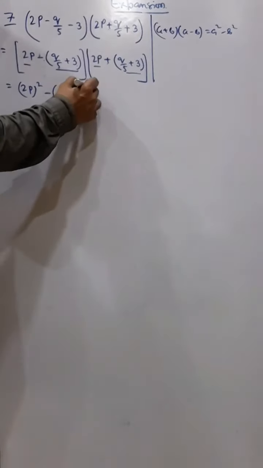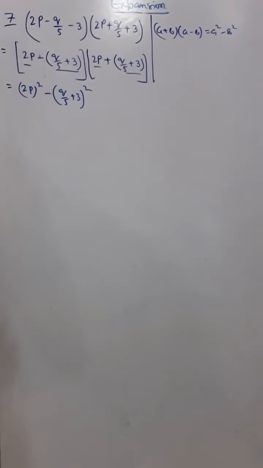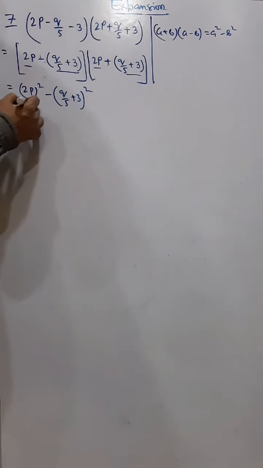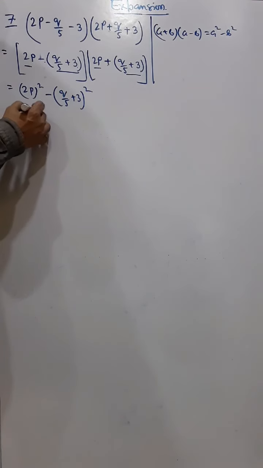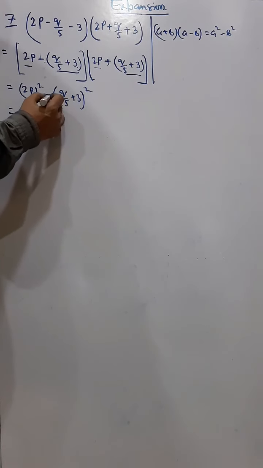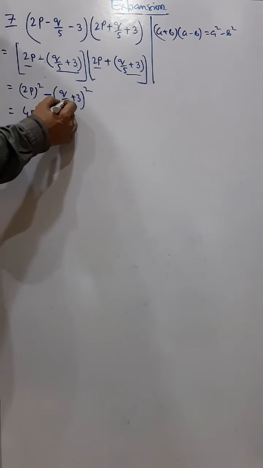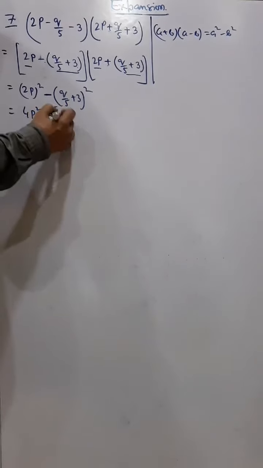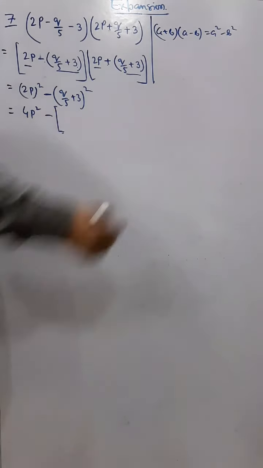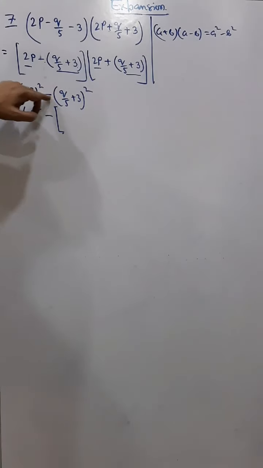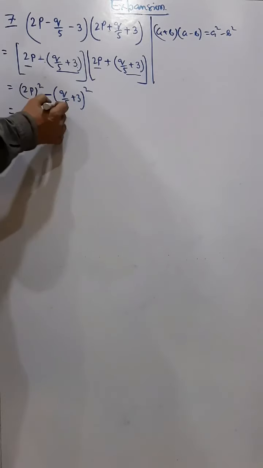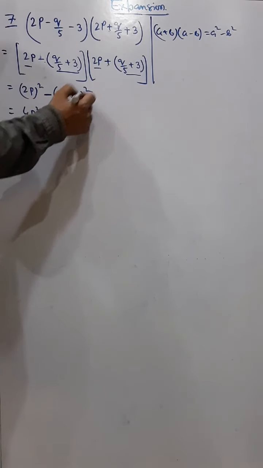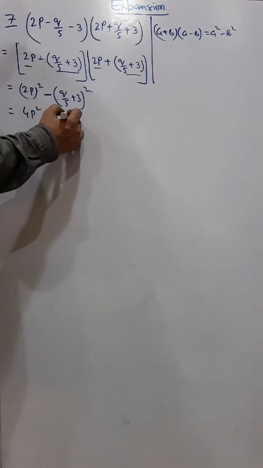So finally what we got? We got again a square and then q by 5 plus 3 and then whole square, a square minus b square, and then we'll simplify. So this one becomes 4p square, and again since here it is minus, you solve this one inside bracket, otherwise you will forget to change the sign. So don't remove this bracket, it is whole square, so keep a bracket and then use a plus b whole square. Outside it is minus.